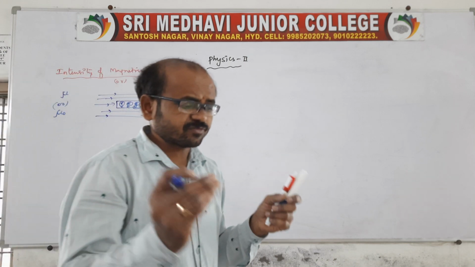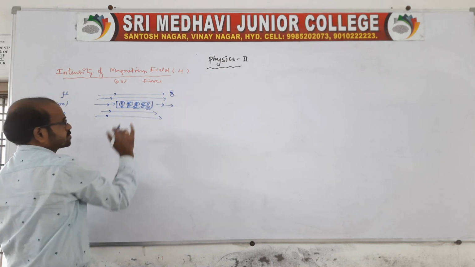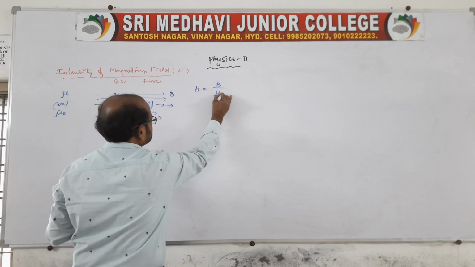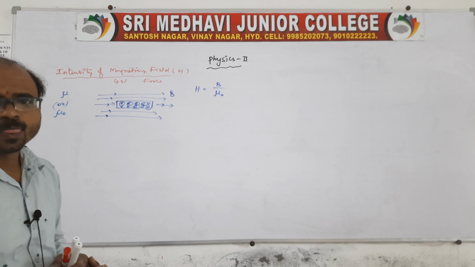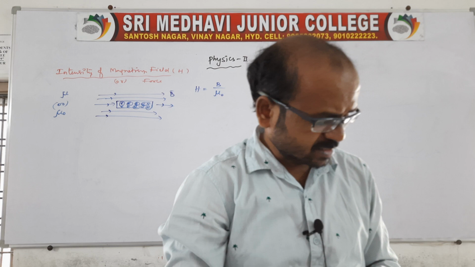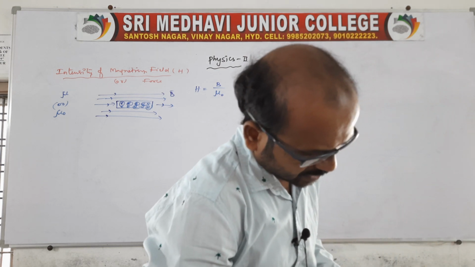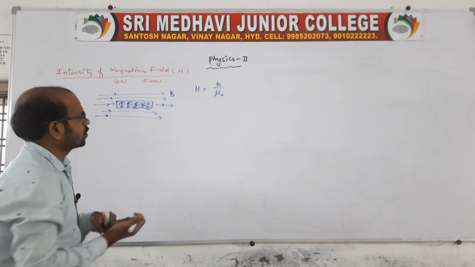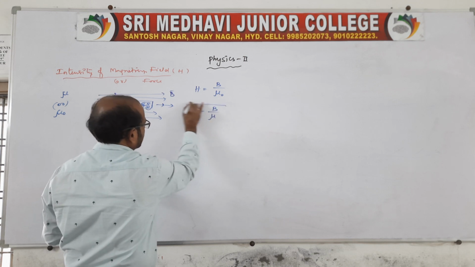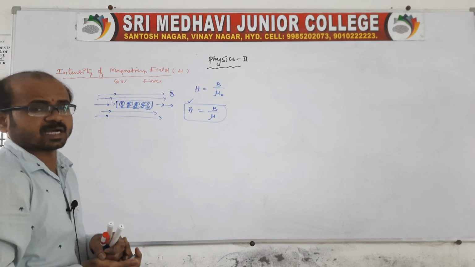Forcibly magnetized because of the magnetic field induction. Because of the field induction, the bar is placed in the field, no? Therefore magnetizing force is defined as magnetic induction per unit permeability, or we can say B by mu naught. That is the substance which is forcibly magnetized, so we call it the magnetizing field. It is the ratio of magnetic field induction to the permeability of free space, or otherwise we can also say H is equal to B by mu also, no problem. It is nothing but capital H. The substance is forcibly magnetized.